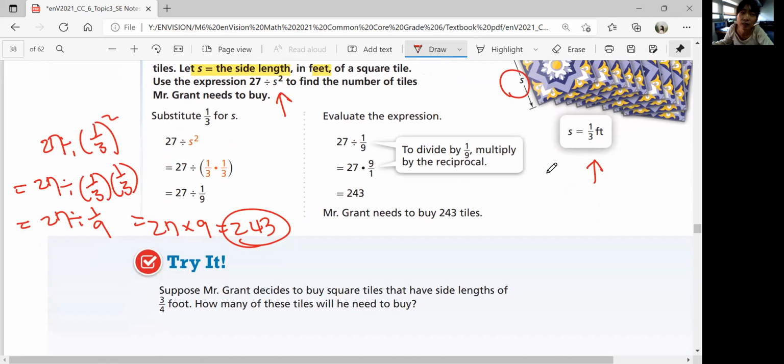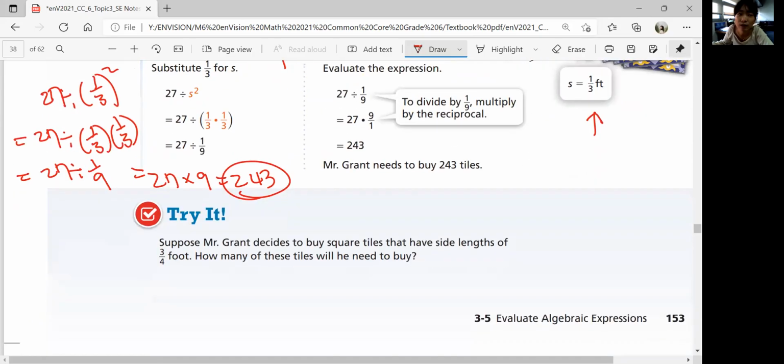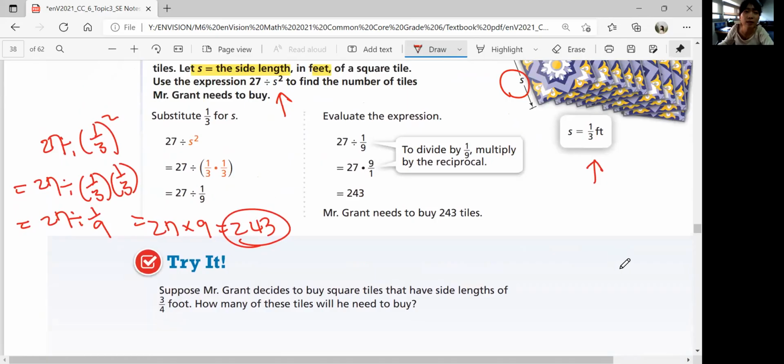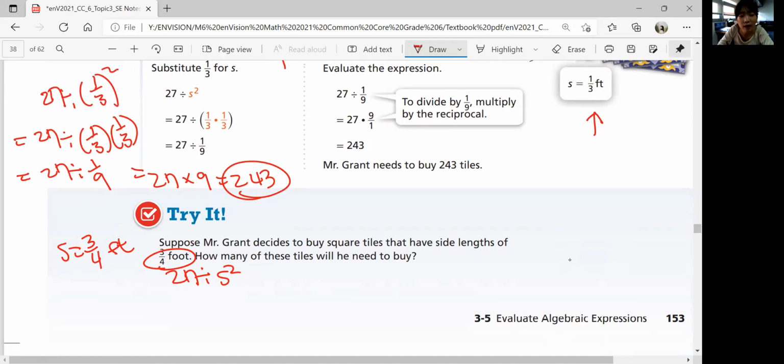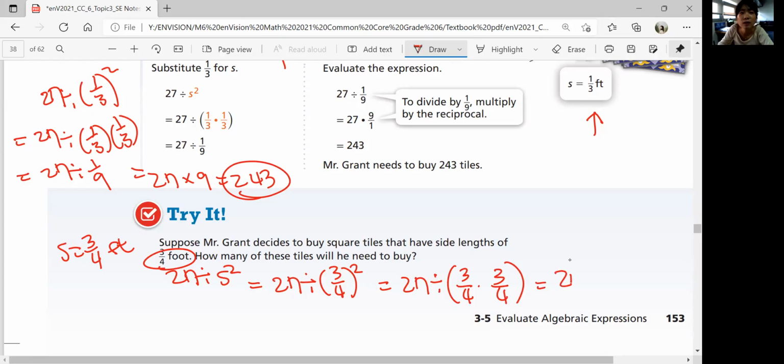Let's look at the try question. Suppose Mr. Grant decides to buy square tiles that have side lengths of 3/4 foot. How many of these tiles will he need to buy? So we're using the same expression, 27 divided by S squared, but now S is 3/4 foot. Okay, so you're substituting 3/4 into S. So 27 divided by 3/4 squared is 27 divided by 3/4 times 3/4, right? So then you have 27 divided by